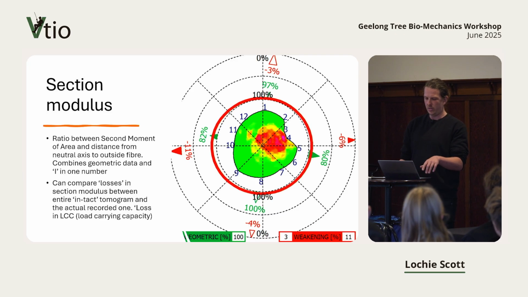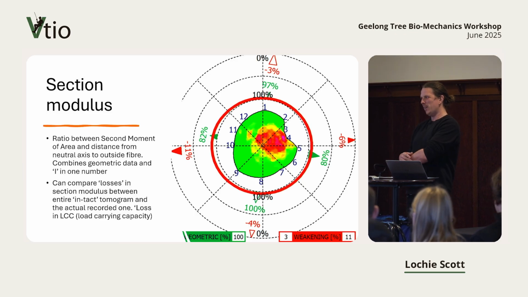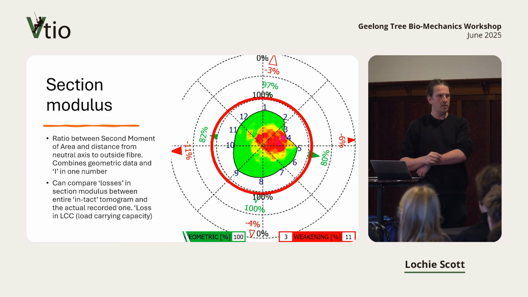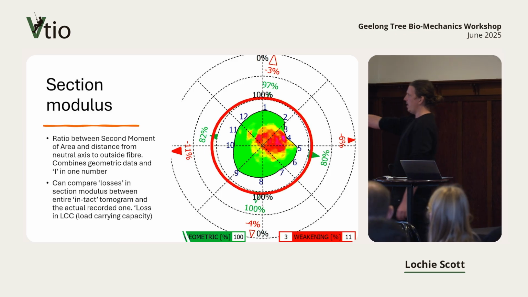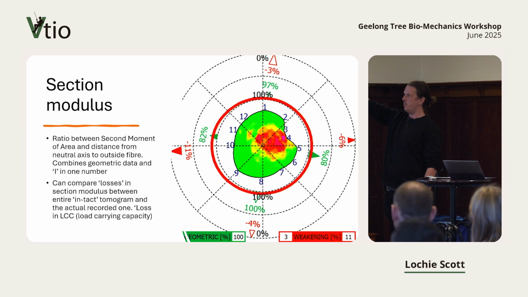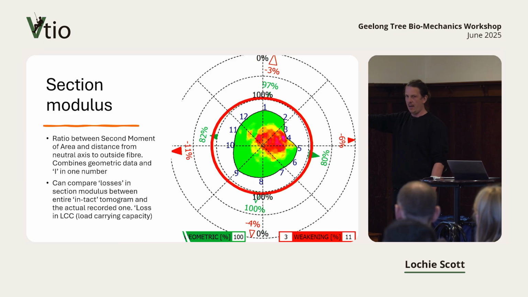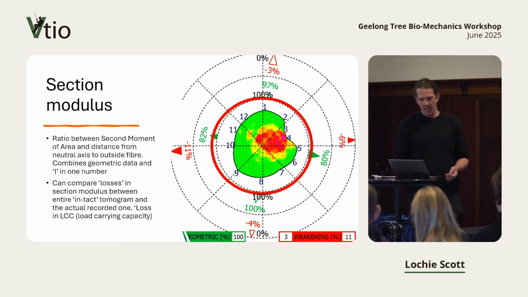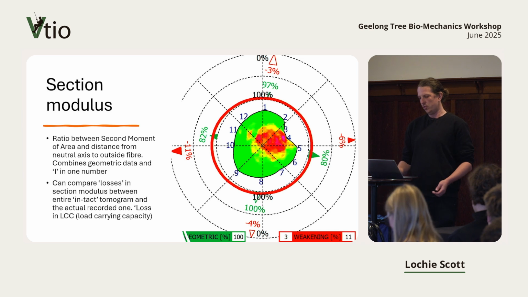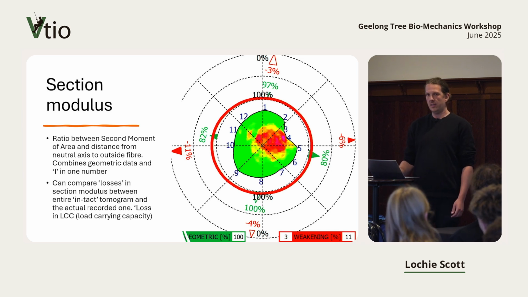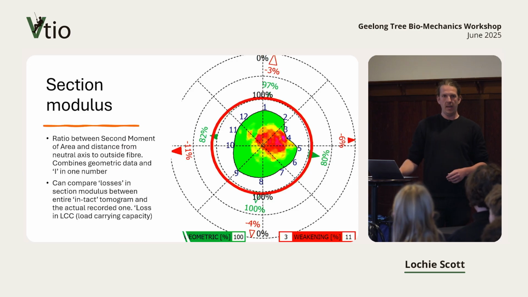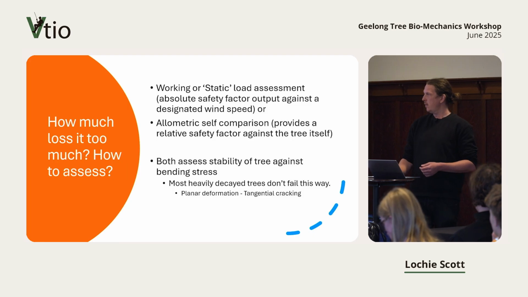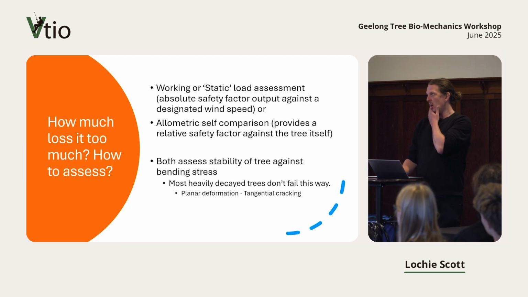This number is what's called loss in load carrying capacity in the arborist world. You might get something on your desk that says, hey, we've lost 6% of our strength, and that's really a loss of 6% of section modulus. And it just means how well does this cross-section resist bending, basically. And that's what they all work out. The tomographs, they put this image into a computer and spit out a section modulus, basically. So we get all that, and we say how much loss of that section modulus